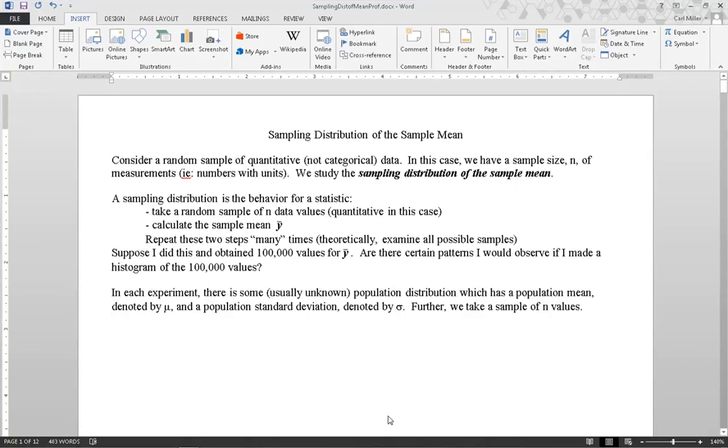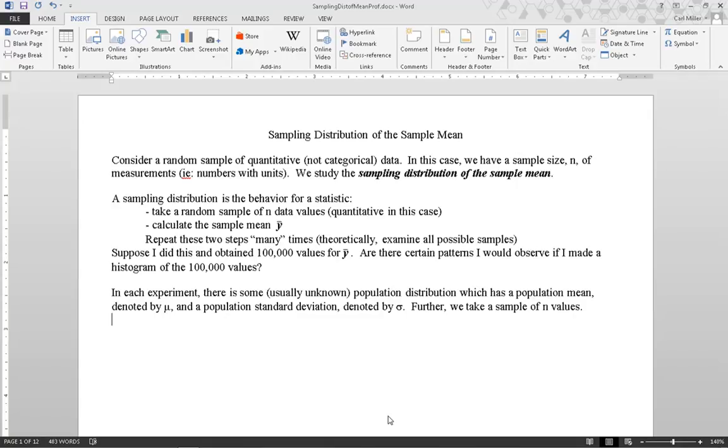Sampling distribution of the sample mean. Consider a random sample of quantitative, not categorical data. In this case, we have a sample size n of measurements, numbers with units, and we study the sampling distribution of the sample mean. Recall that a sampling distribution is the behavior for a statistic when you observe all possible